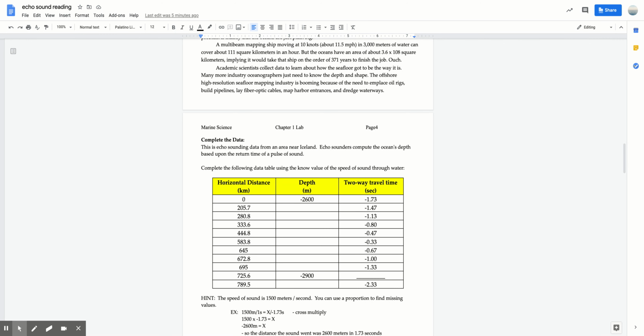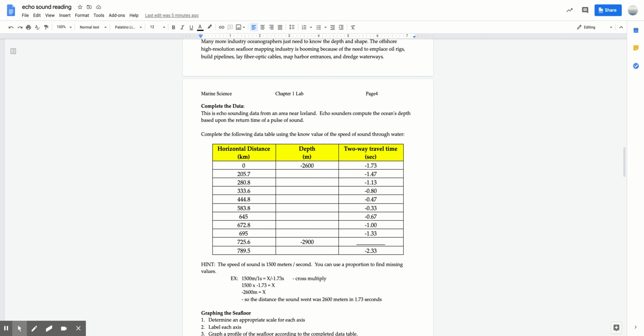We're going to get the distance it traveled. In order to figure this out, we're going to look here. The speed of sound is 1,500 meters per second, so you're going to use a proportion to find the missing values. We're going to separate meters per second, so 1,500 meters over 1 second is going to equal x, because we don't know how many meters, and that would be our distance there, over negative 1.37